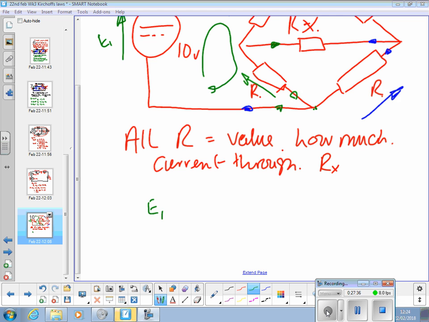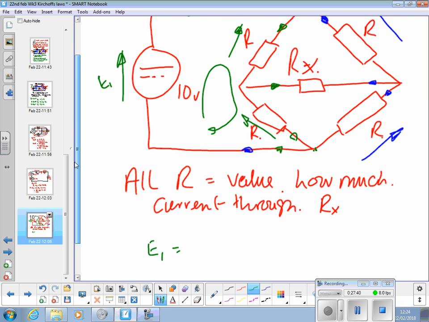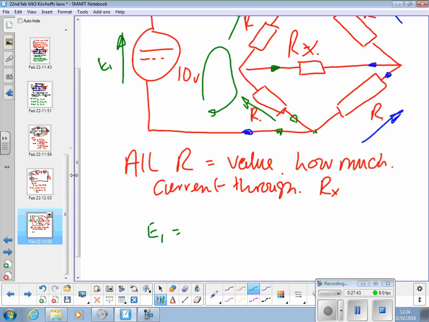E1 is equal to ER1, call it R1 for the sake of argument, ER3. That'll be true. So if that's 10 volts and those two are equal value, what are the voltages, ER1 and